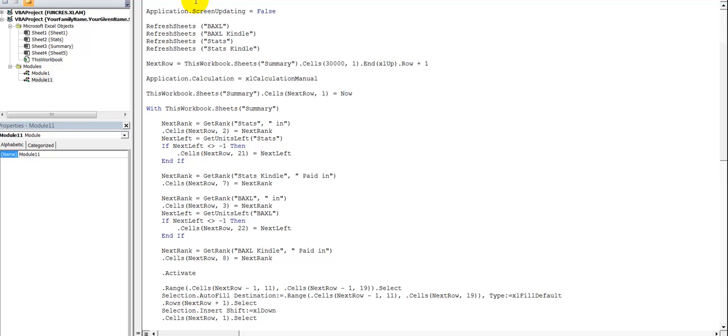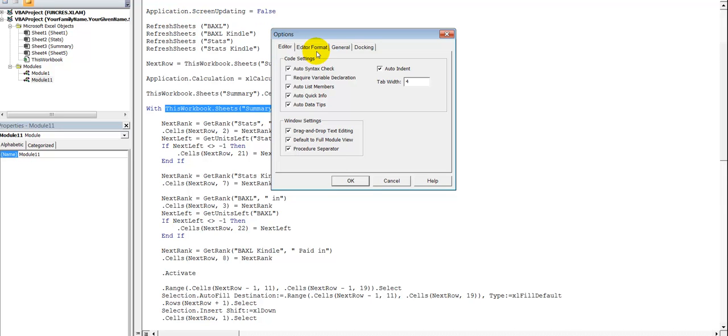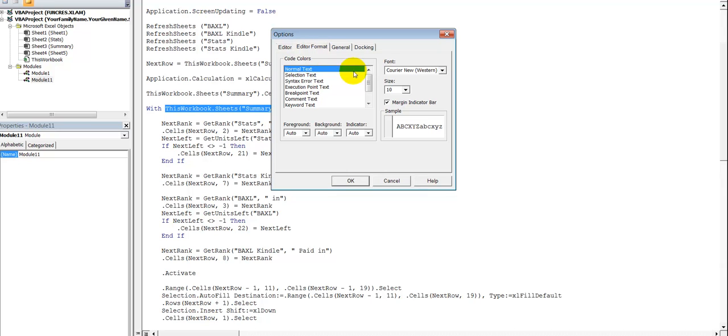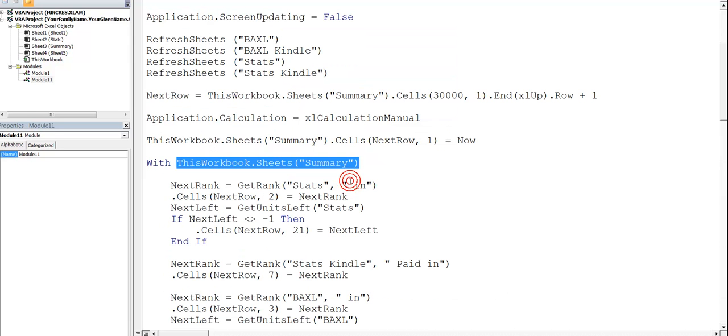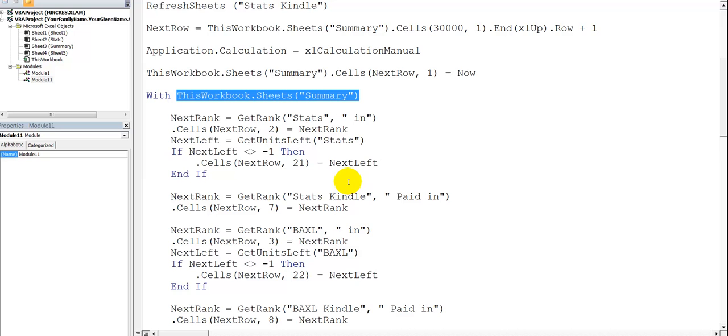By the way, let me make this bigger. You can change this look by going to Tools, Options, and I think it's here. And you can change the size. So I'll make it bigger. You can do other things here also, but I won't do other things. I'll just do that. Okay, so